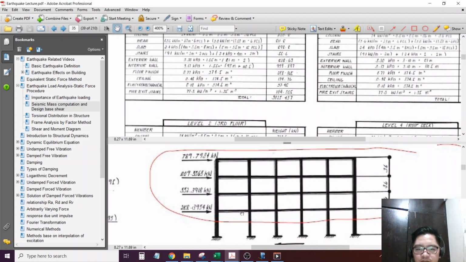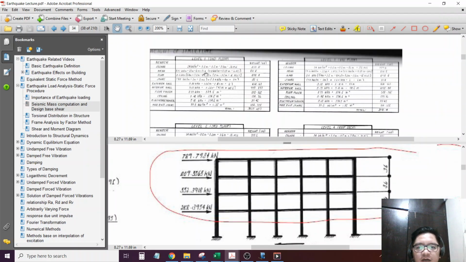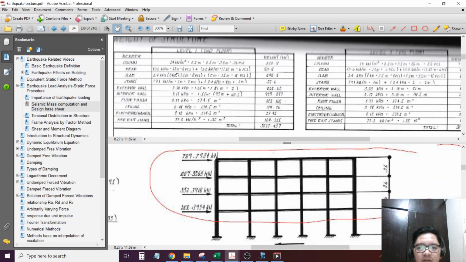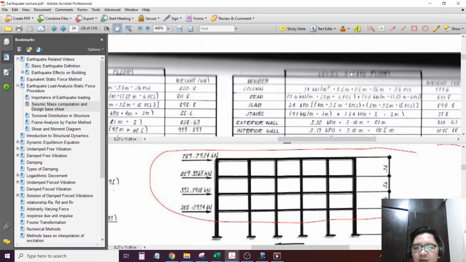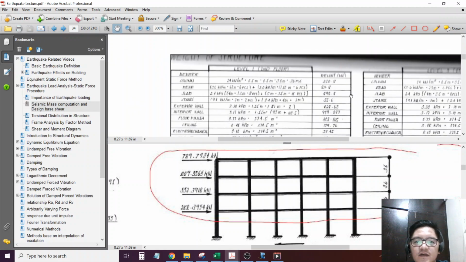Kaya ang ating sa ebook, meron kang how many level? Second floor, third, fourth, I think the roof. Okay. So anyway,